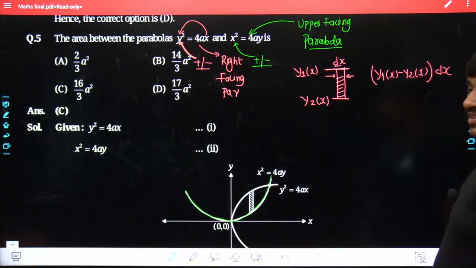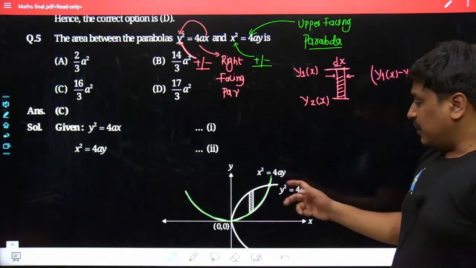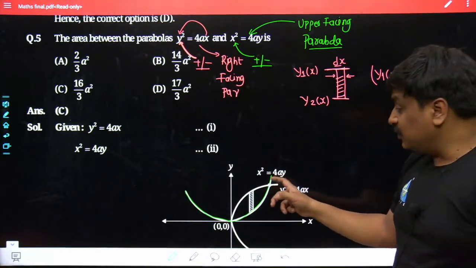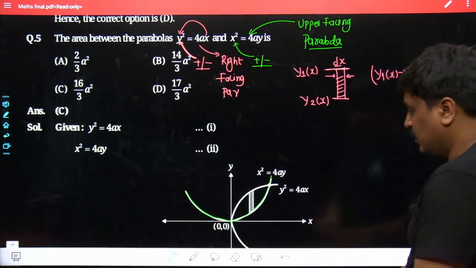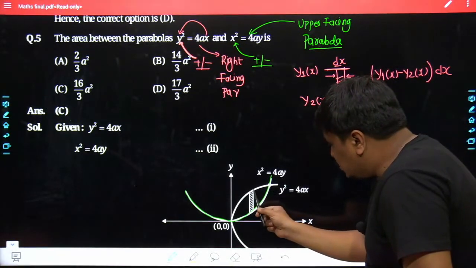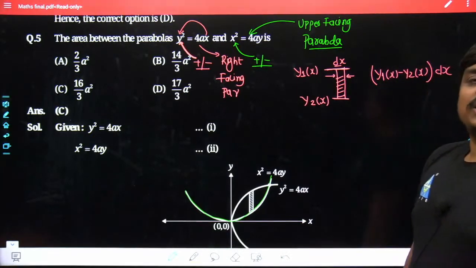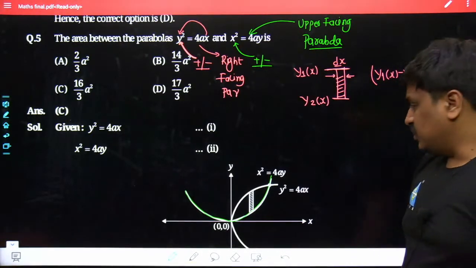May I know which type of structure this strip has been? It has been a rectangular structure. Why am I saying rectangular structure? Although it has an edge towards upside as well as downside, I take this as a rectangular structure because